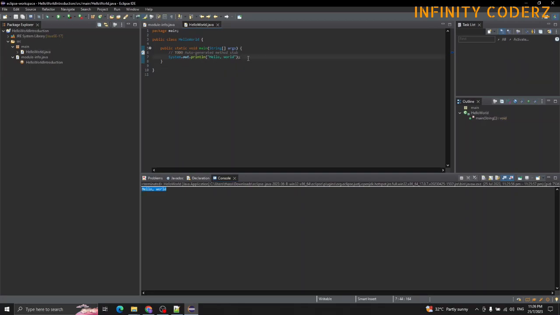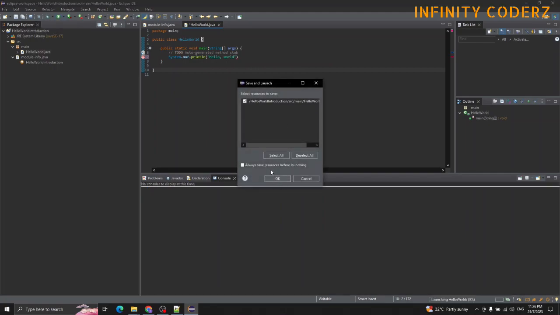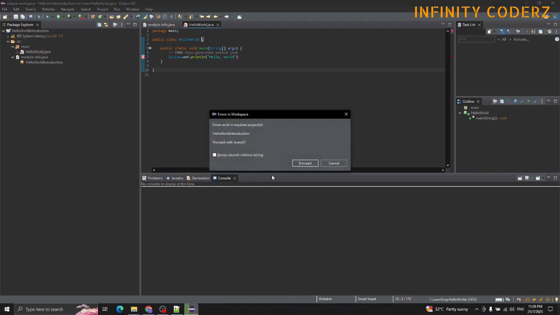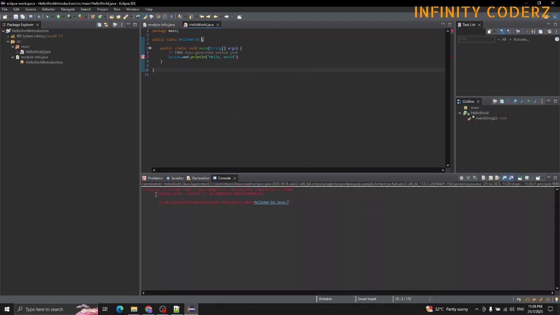Let's say there's an error. Usually we'll see a red color if there's an error. But let's say during compilation you miss something, and you click run Hello World. During the compilation part, it will show you that there's something missing, which is a syntax error, and which line. In this case, it's showing at line 7, and there's a missing icon. Once you add it, you need to press Control S to save the file, and click on run again. See, it is now showing up correctly.